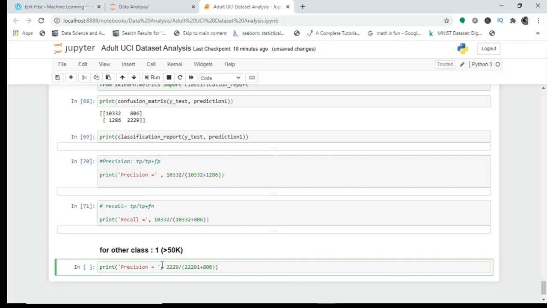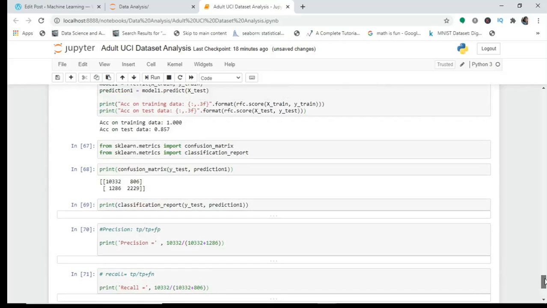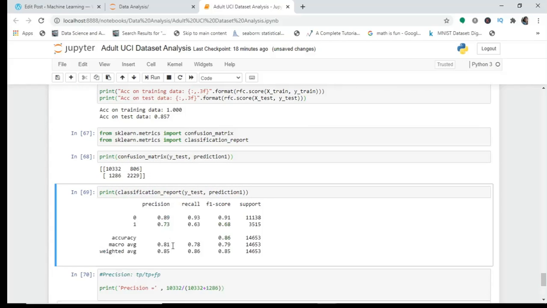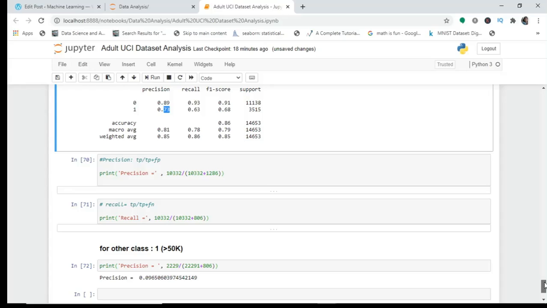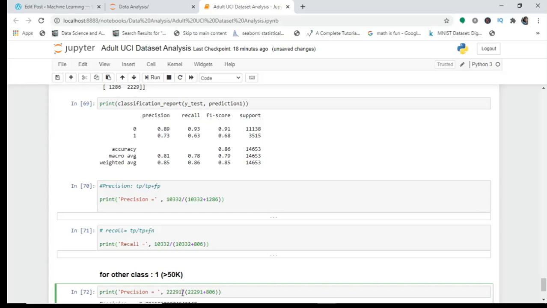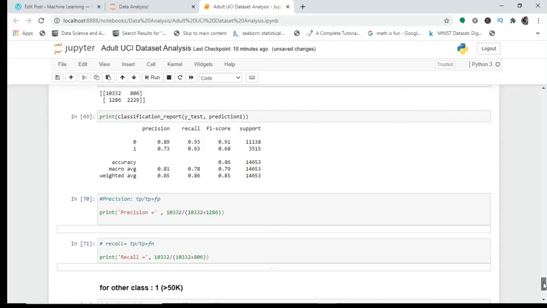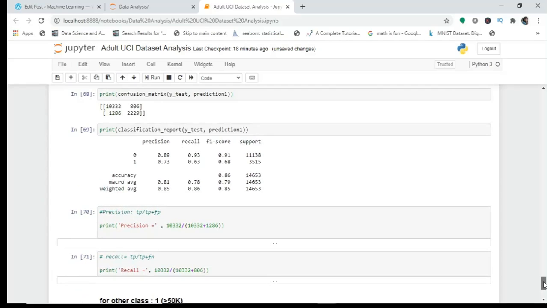And I will just print this precision, and this is 96%, as you can see here. Where's my classification report here? Okay, no, this is not 96%, this is 73. So I'm getting something wrong here. I'm fitting some wrong value here. Okay, yes, here 22291. No, still it is wrong. It is not 96. It has to come 73. So there is something wrong. 222806, and